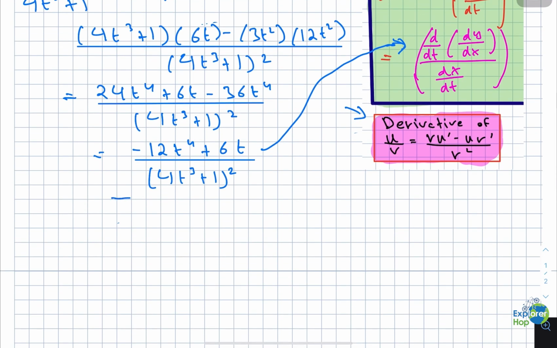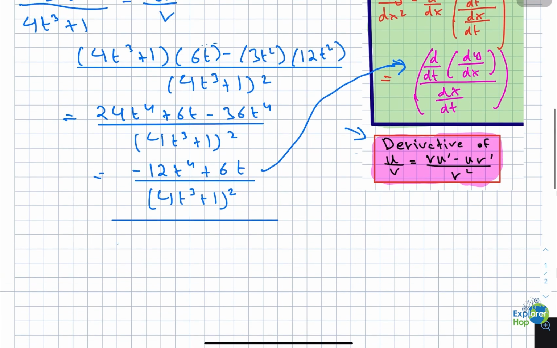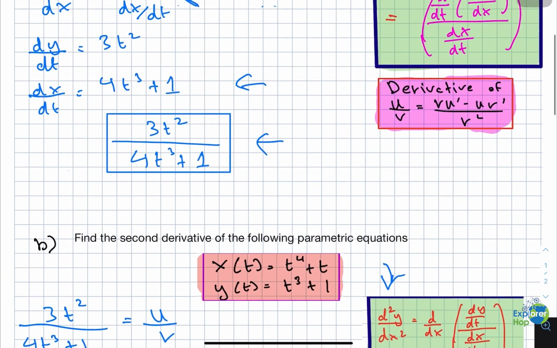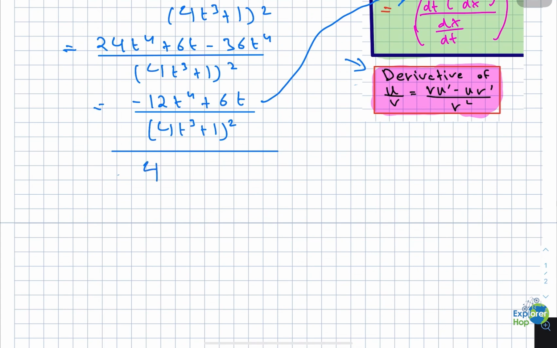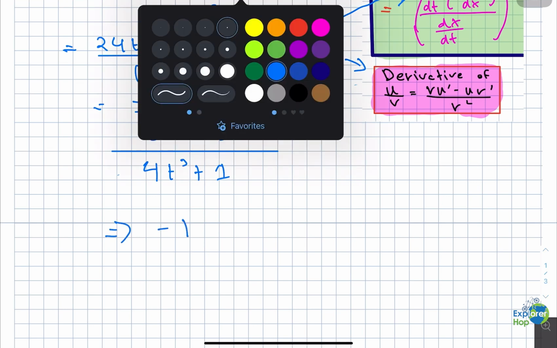So now we have to find the denominator, which is basically dividing by dx by dt. And we found that dx by dt is 4t cubed plus 1. So this is 4t cubed plus 1. And this whole thing is basically equal to minus,